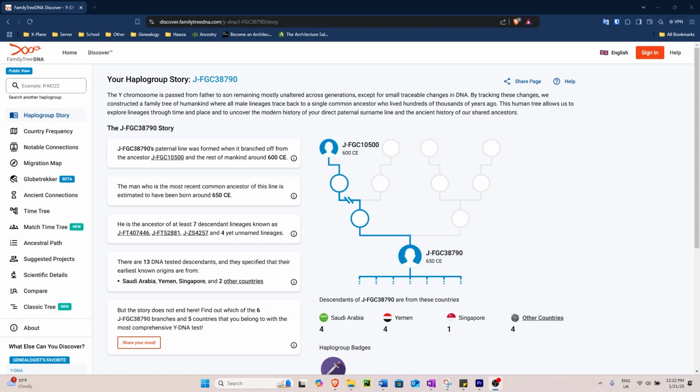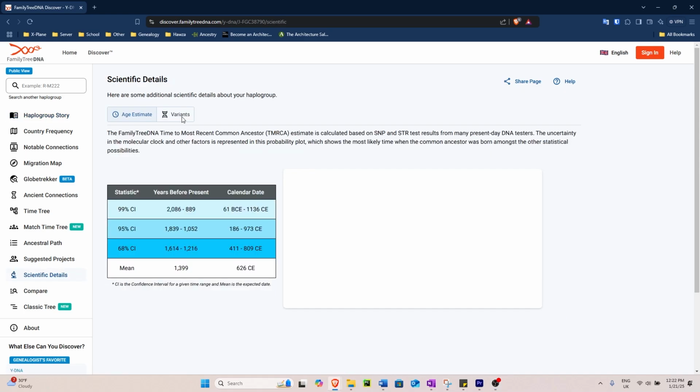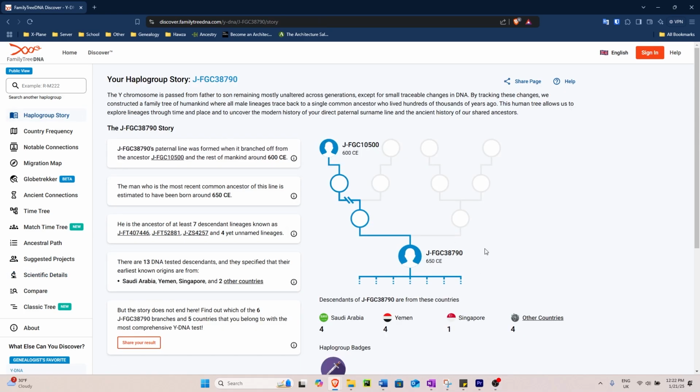Next we shall analyze the FGC 38790 mutation, which has been labeled to Abbas alayhi salam. Belonging to it is only the one mutation, and the TMRCA matches Abbas alayhi salam very closely. It's quite a small haplogroup so far, not many people have received this mutation, but those in Yemen and Saudi Arabia and Iraq have claimed descent from Abbas alayhi salam himself. Although not all of them claim this descent, most of them do, which has attributed this haplogroup to Abbas alayhi salam himself. And there's also one man from Singapore.